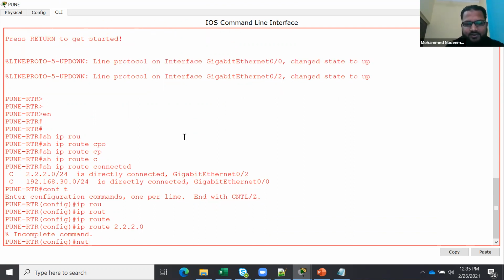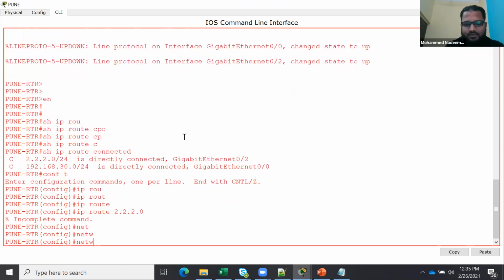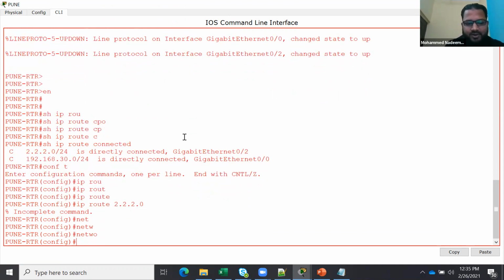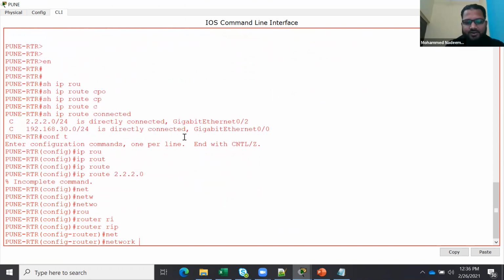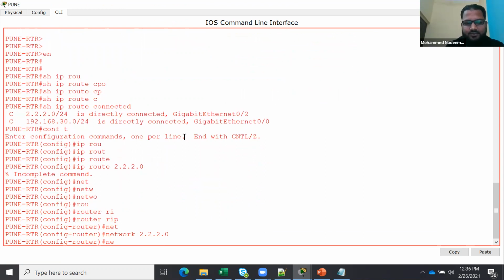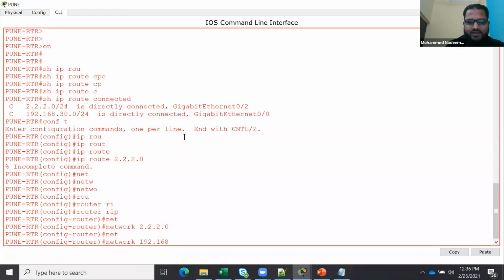I need to say network. Okay, I did not configure it yet. I need to go to router rip, then define network 2.2.2.0 and network 192.168.30.0, which is my LAN.